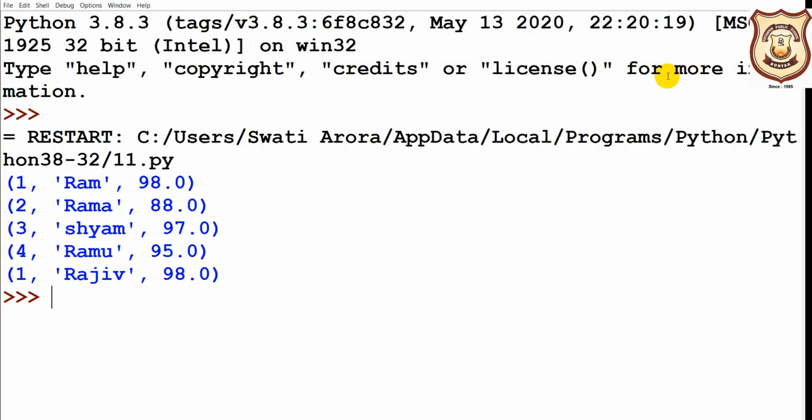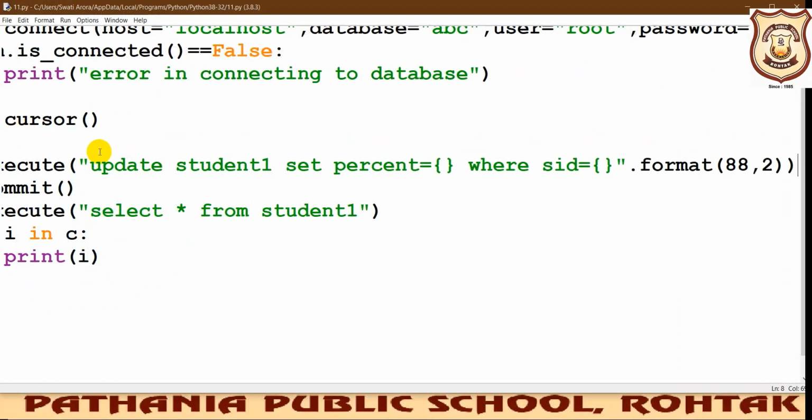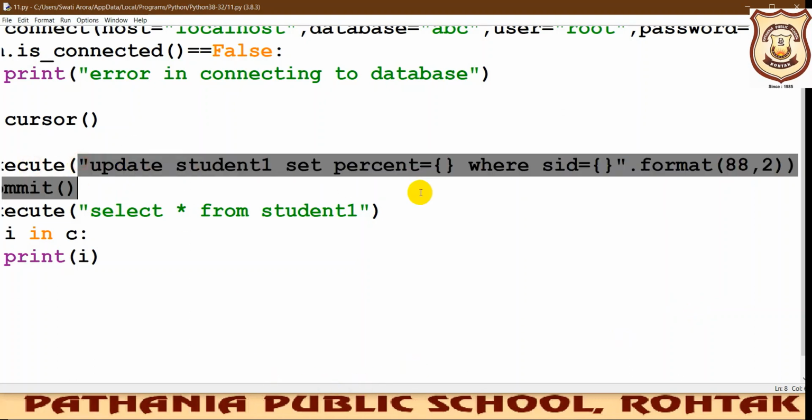Now we can put another condition. So this was the update command. Now what I want to do is put a condition.